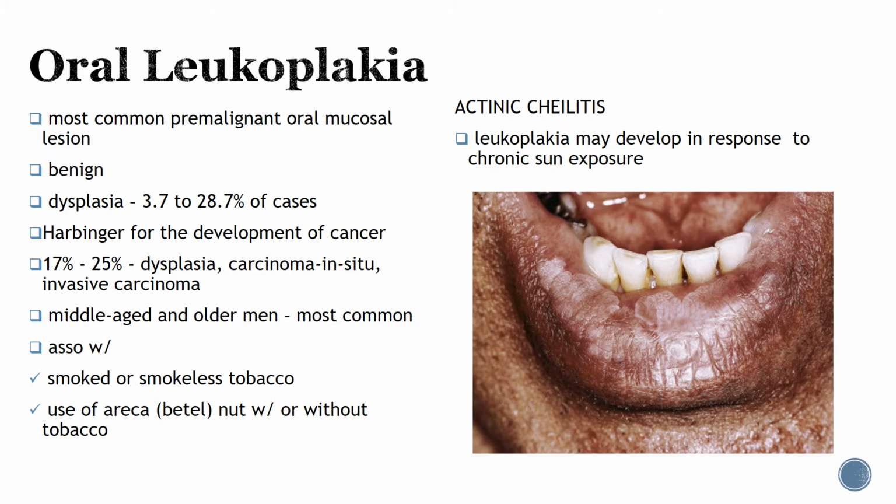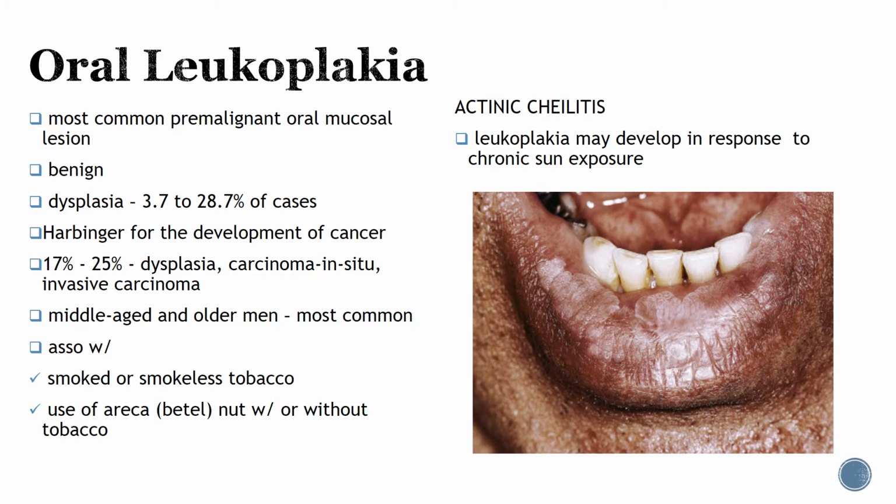This is the most common pre-malignant oral mucosal lesion, and most cases are benign and remain so over time. Microscopic evidence of dysplasia is seen in 3.7% to 28.7% of cases of leukoplakia. It serves as a harbinger for the development of oral cancer. The presence of dysplasia, carcinoma in situ, and invasive carcinoma in relation to oral leukoplakia from all sites ranges